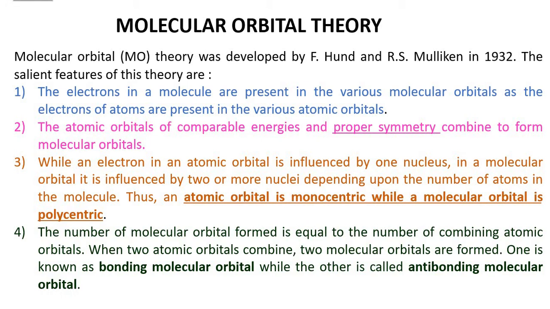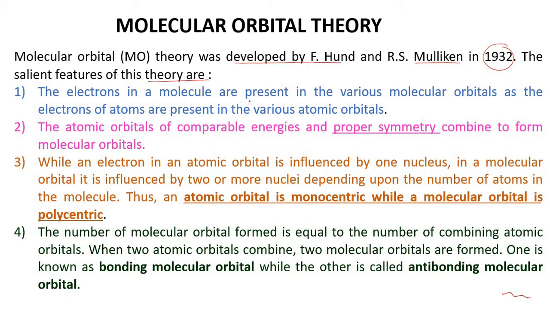In today's class we are going to learn the molecular orbital theory. Molecular orbital theory was developed by Hund and Mulliken in the year 1932, and the salient features of this theory are: